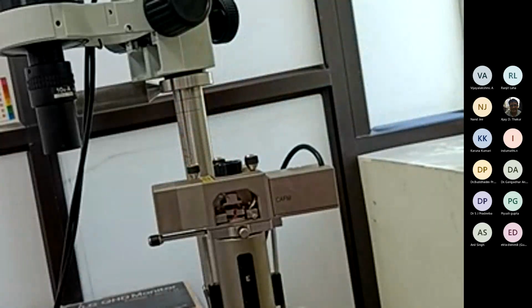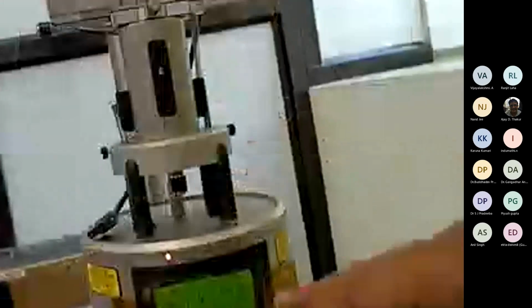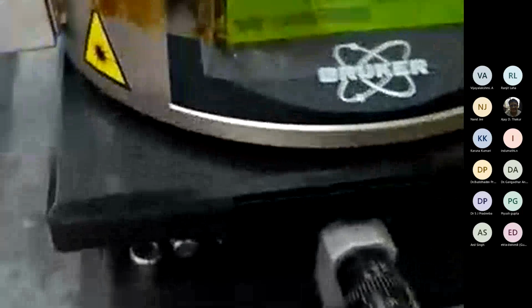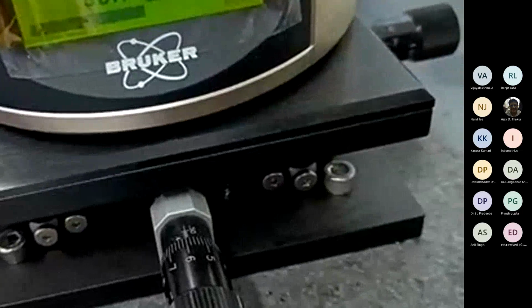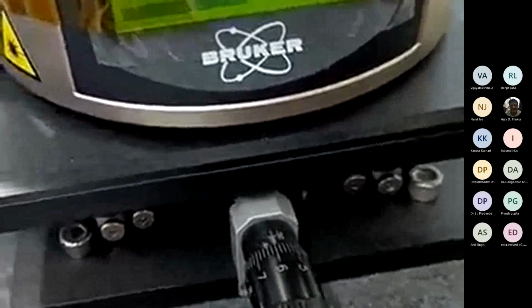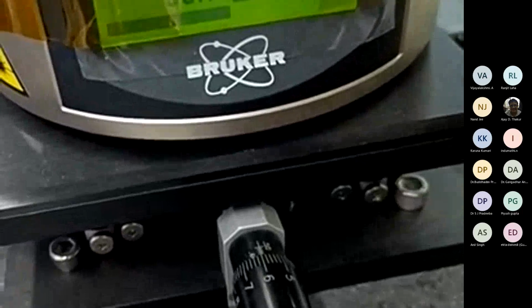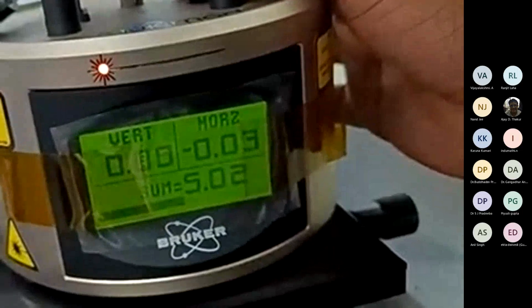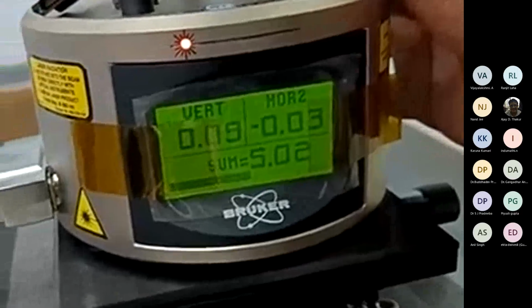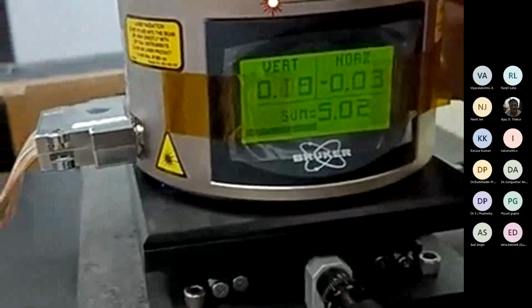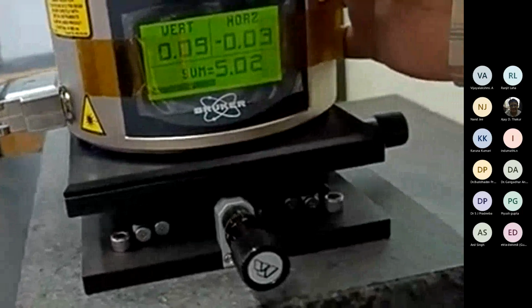Yes. So we can observe here the vertical quantity is 0.09, and horizontal is minus 0.03. So both quantities are close to 0. That means our laser spot is at the center. Now we will bring our cantilever close to the sample mechanically, and after some time, when our naked eye cannot detect the distance between the cantilever and the sample, then we do the automatic approach